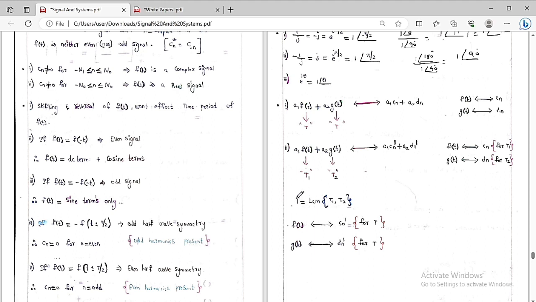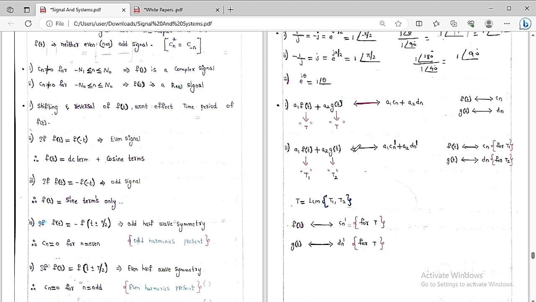So based on these two time periods, we have to find the Fourier coefficient of f of t and the Fourier coefficient of g of t. So based on this common time period T, the Fourier coefficient of f of t is Cn dash and the Fourier coefficient of g of t is Dn dash. Now if you do the linear combination of these two, which is a1 into f of t plus a2 into g of t,